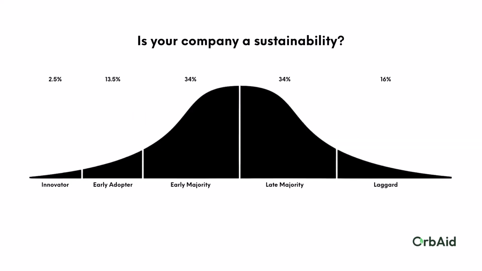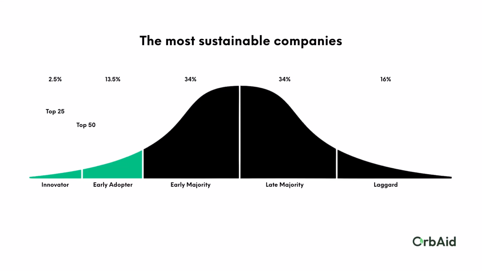One way to align the many sustainability rating scales is via an adoption curve. You can then determine, does the rating assess your company as a sustainability leader or laggard? To help cut through the sustainability rating noise, OrbAid conducted in-depth research with the University of Michigan. The aim of this research was to help empower executives and their teams to better navigate the evolving sustainability landscape more effectively. To best accomplish this objective, OrbAid analyzed over 1,200 companies, from industries ranging from automotive to appliance to apparel, to pinpoint actions leaders can take to advance both business profits and environmental impact.